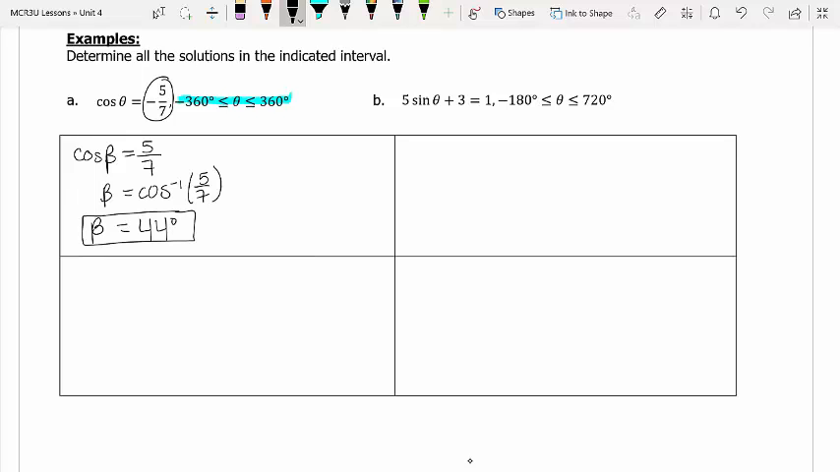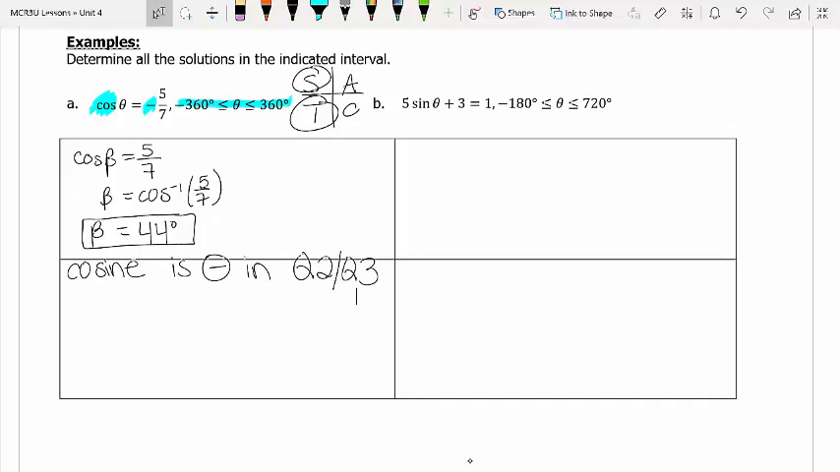Our next step is to figure out which quadrants our terminal arm falls in. To do that, we're going to look at our original expression. So where is cos negative? Because our ratio was negative in the original expression. According to the CAST rule, cosine is negative in quadrants 2 and 3. So we're going to draw terminal arms in quadrants 2 and 3 with related acute angles of 44